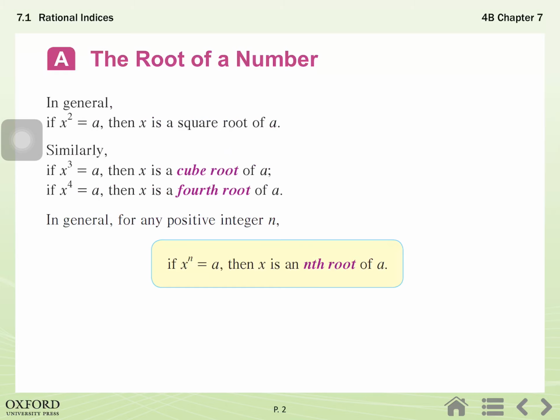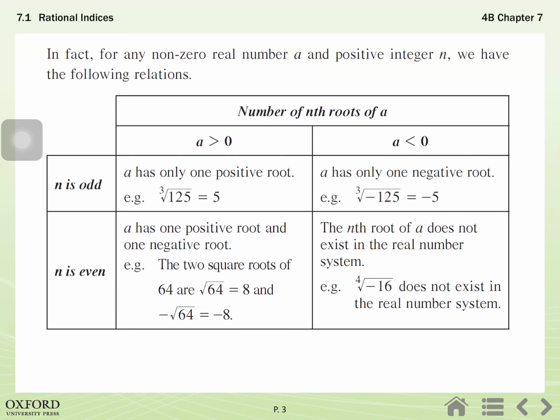So in general, we can conclude like this: if x to the power n is a, then x is an nth root of a. Let's look further. We can also divide these into two cases, whether a is a real number or not. And we should say that n is a positive integer first. Let's consider now,